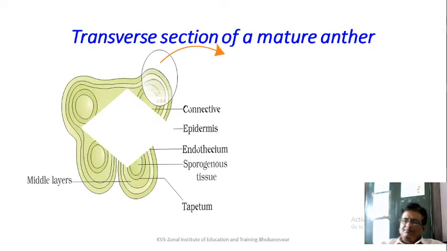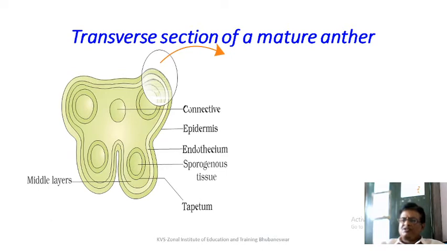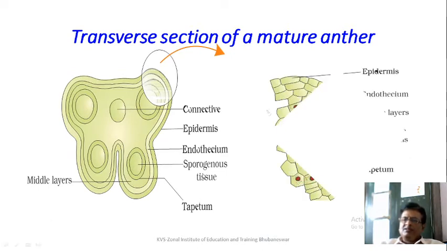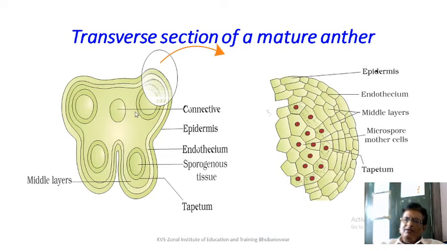Let us have a look at the transverse section of a mature anther. If you can see this diagram, you can see that there are four different layers. On the other side, you can see a magnified view of the four layers. Outside in, it is epidermis, followed by endothecium, then comes the middle layer, and finally the tapetum, which is a multi-layered